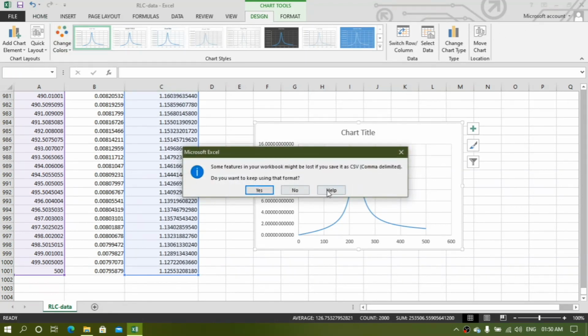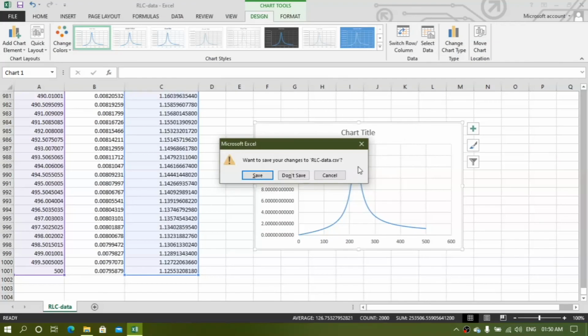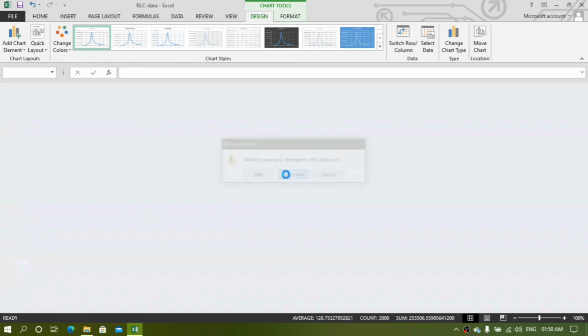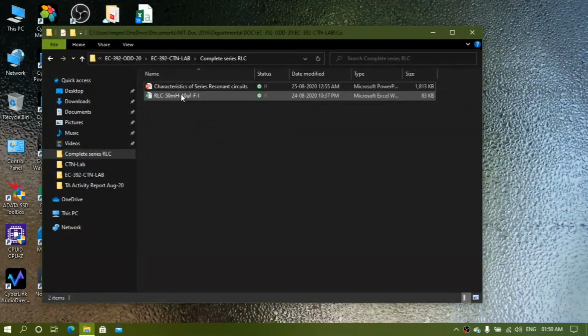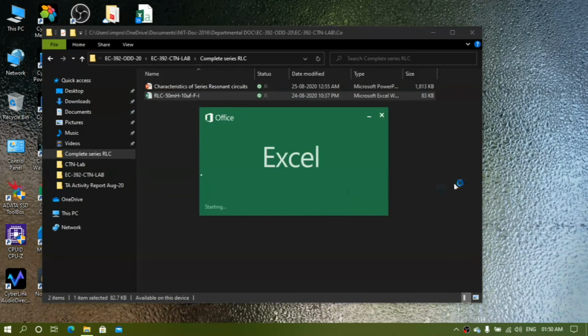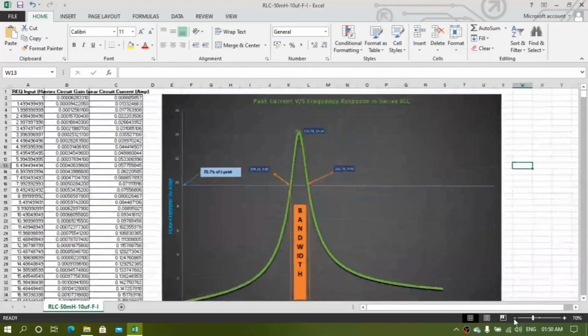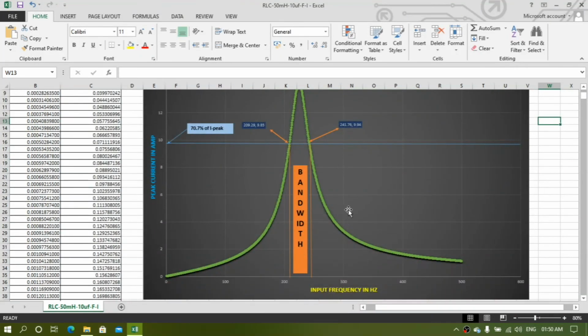I already saved it for you. So it's already created. So in this file you will see how to plot a graph in Excel sheet.